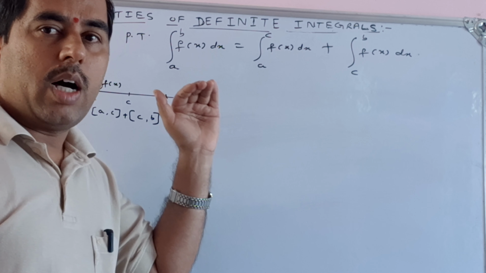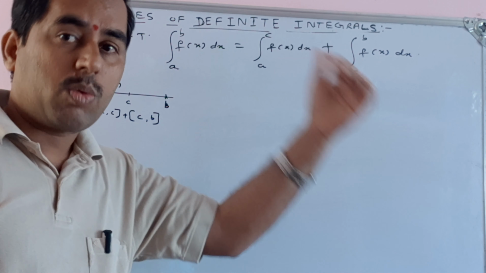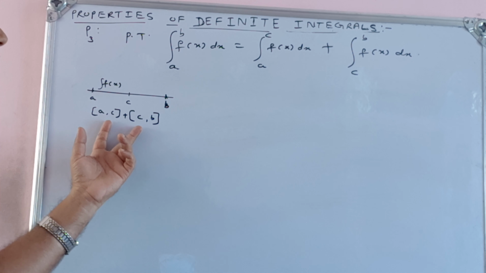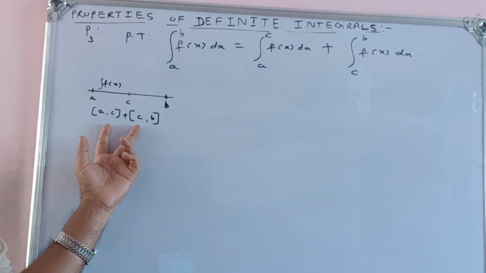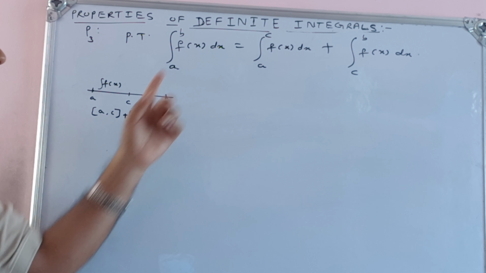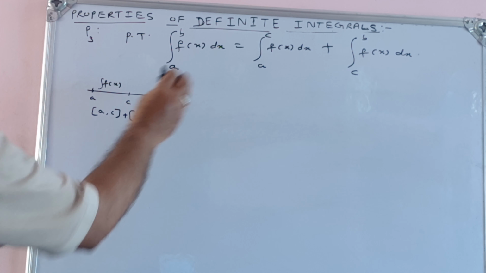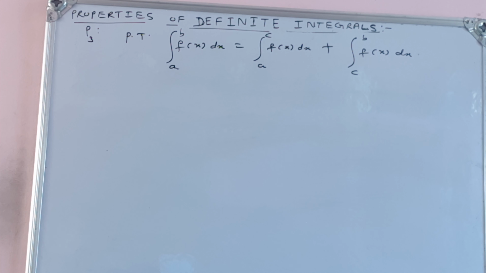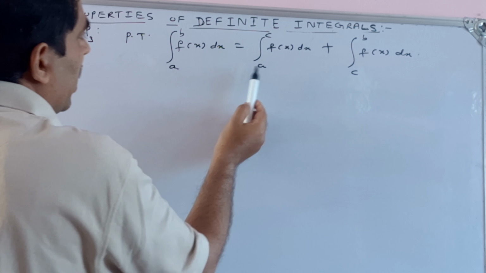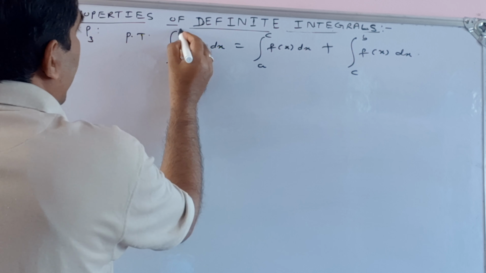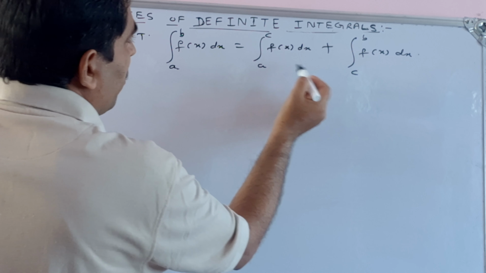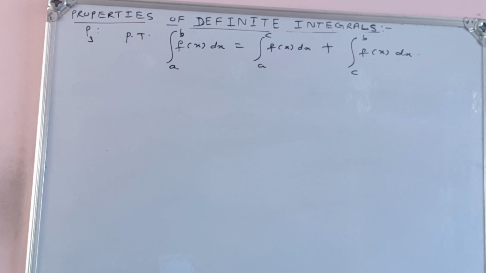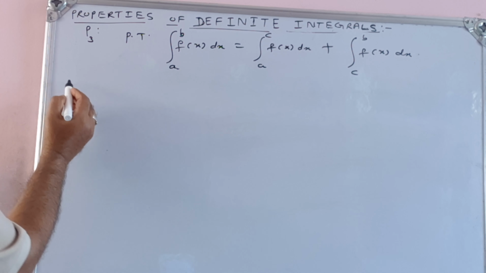So we can divide the given interval into two or more intervals also. I have combined these two intervals, a to c plus c to b. That is what we have to prove. So this is our third very important property: the integral a to b of f of x dx is equal to a to c of f of x plus c to b of f of x dx. So now let us